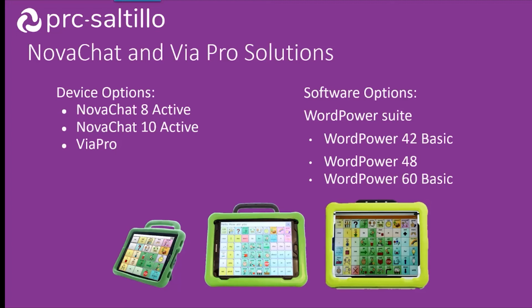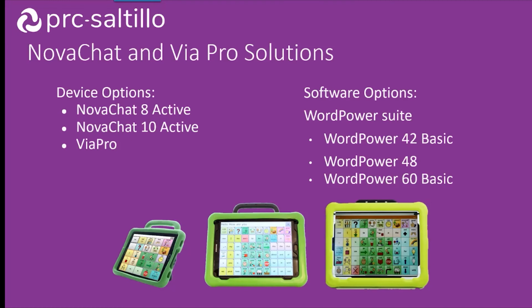Does he really need that larger screen because of the low tone issues? Then possibly that Nova Chat 8 could be ruled out. And that could also be impacted by something like if he does better with more buttons on the screen. So looking at the difference in our software options and our vocabulary options, if he does better with Word Power